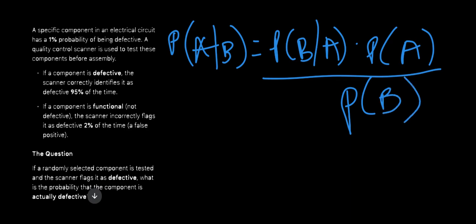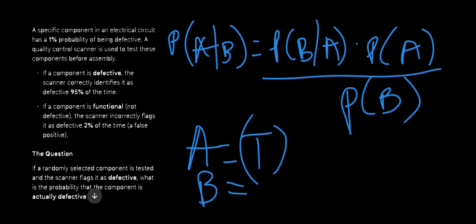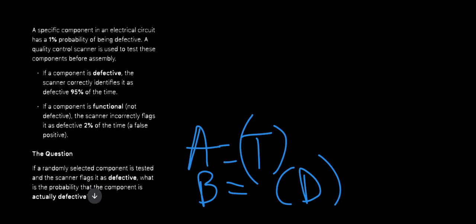So we can just plug in our values and see. Let A be the scanner flagging it as true, let B be defective. Alright, so we can see that